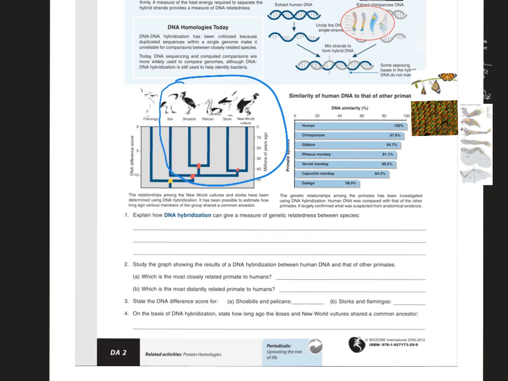So all these guys share a certain set of characteristics that we're going to call a clade, and it's useful for our discussion for now. And later we can define another clade. Maybe we say, let's talk about the clade that includes the shoebill and the pelican, or the clade that includes the stork and the New World vulture. So there we have three different clades